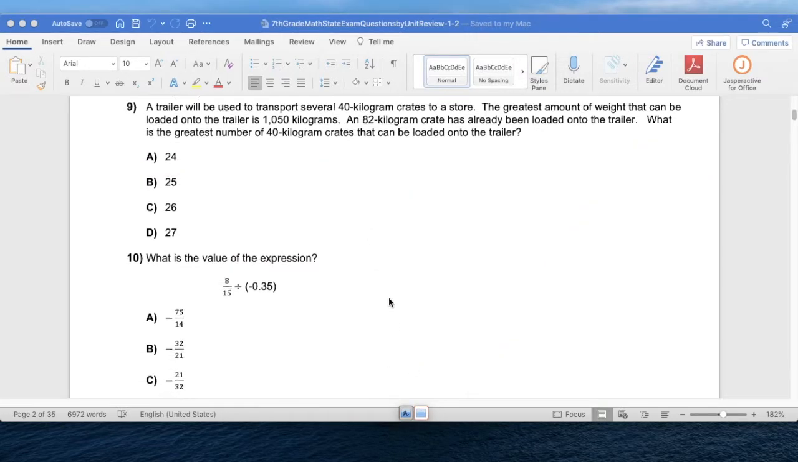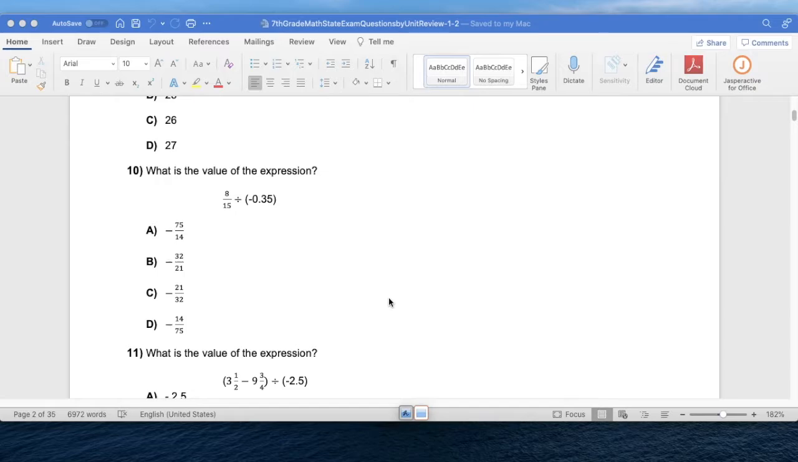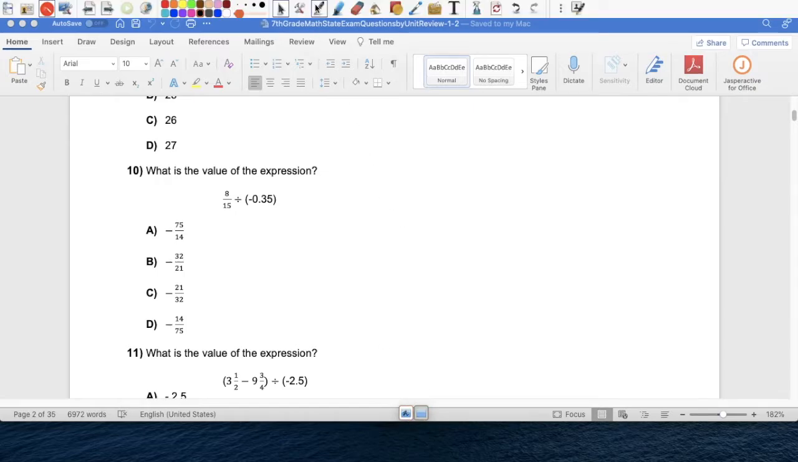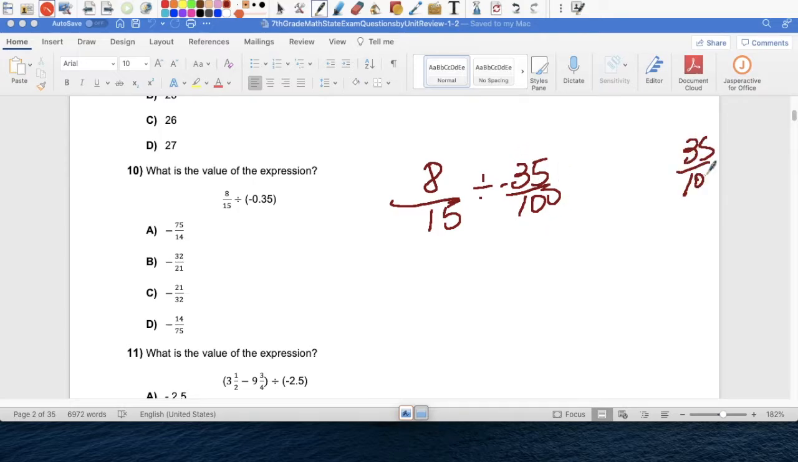10. What's the value of the expression? I don't understand why they do this, but you have a calculator. I'm pretty sure you have a calculator for both days. The answer is in fraction format. So 8 over 15 divided by, and let's write this as a fraction. So 35 over 100 negative. You can simplify. So 35 over 100, if you simplify that, becomes 7 over 20, divided by 5 is 7, divided by 5 is 20. So you could have used 8 over 15 divided by negative 7 over 20, which is